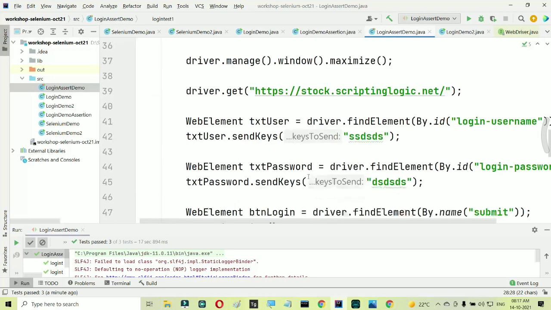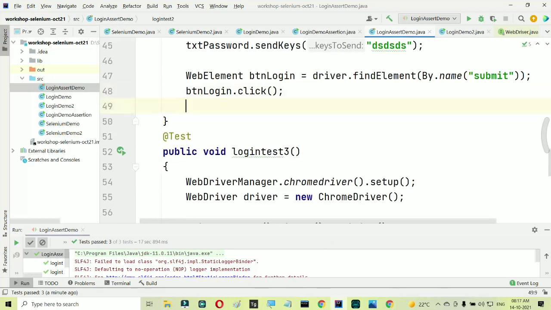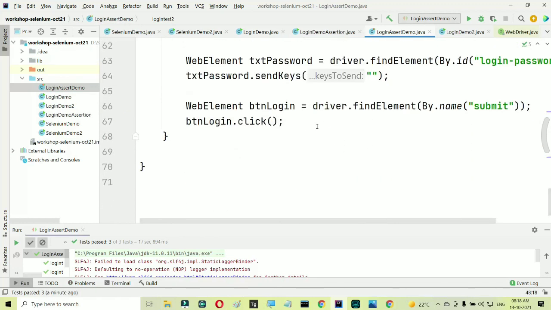Copy and then paste it here, after we do the click operation and before we go for the next test. Again, right click and run.